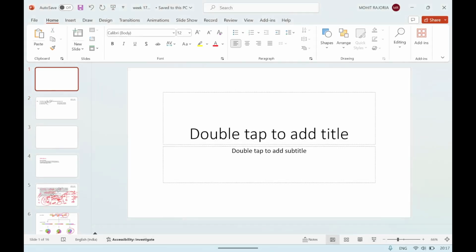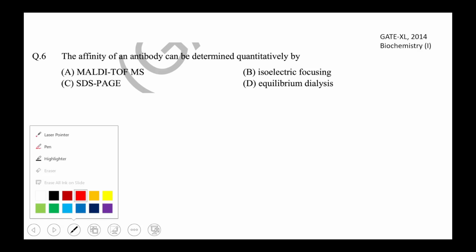Welcome, all. Here we'll be discussing a question related to antigen antibody interaction. This question is from the GATE 2014 Life Sciences question paper,